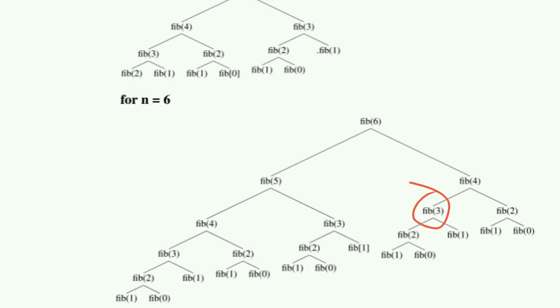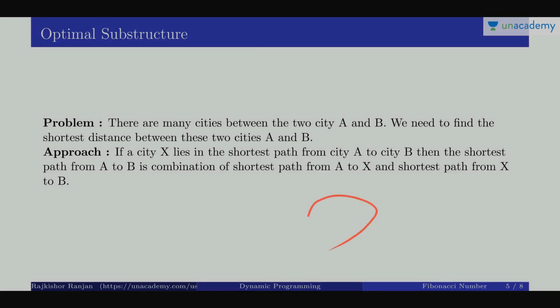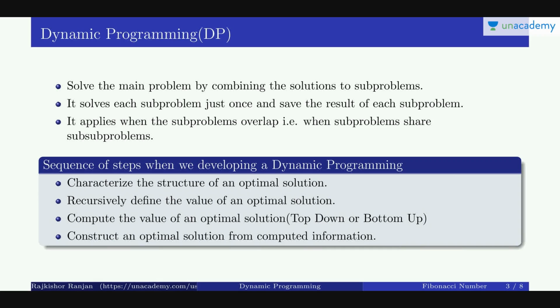Here Fib3 is a subproblem of Fib5, and also Fib3 is a subproblem of Fib4. So what we are seeing here is that these subproblems share their subproblems. This is nothing but the concept of overlapping subproblems. Whenever we develop a dynamic programming algorithm for any problem, we have to use this